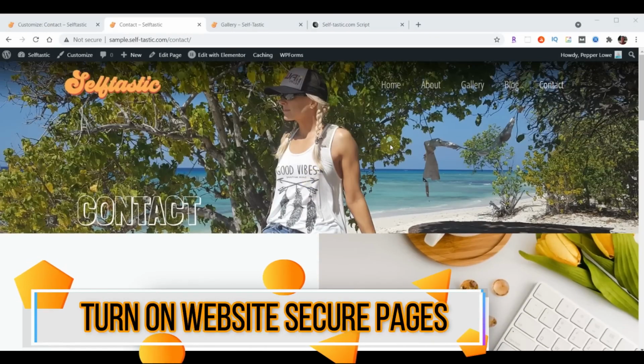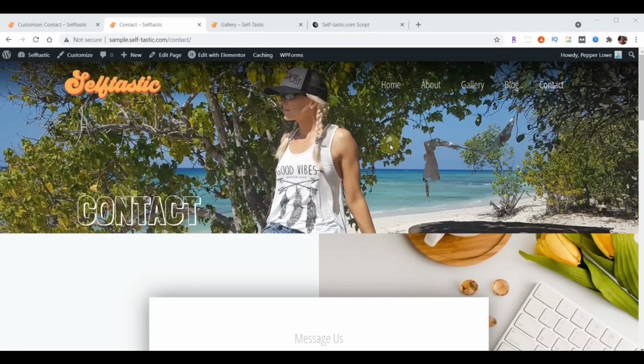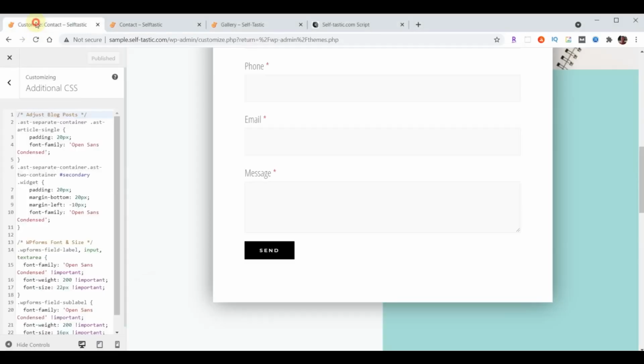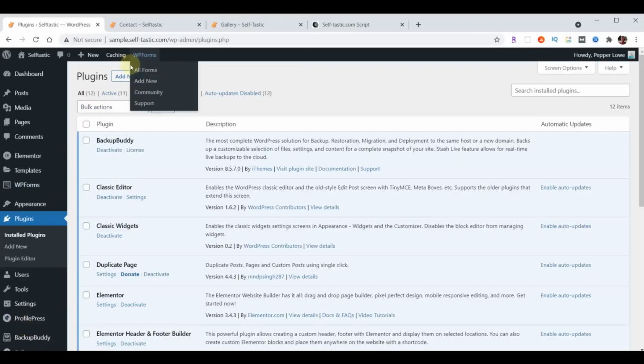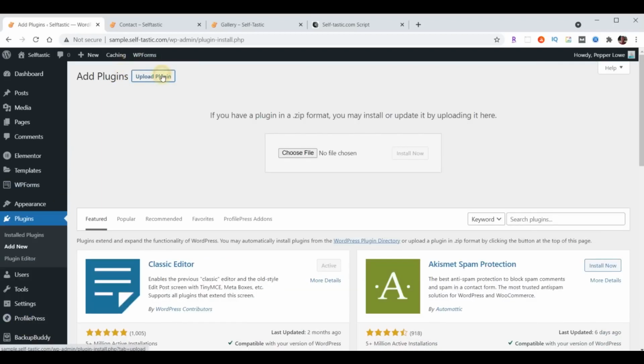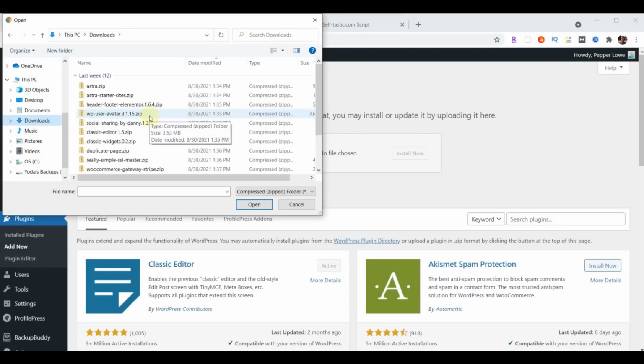Now, officially our website's complete, but there's one more step that we don't want to forget, and that is to turn on secure pages for our website. To do that, we're going to go back to WordPress. We'll exit to the dashboard. Now we want to install the plugin that's going to allow us to make our pages secure. So we're going to go down to Plugins, Add New Plugin, Upload Plugin, choose File, make sure we're looking at our Downloads folder. And now the one we're looking for is Really Simple SSL. Hit Open,